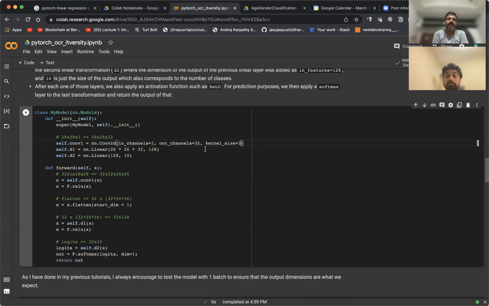So what it is doing is it is saying the input to me will be 1. So this is what you have to change. If the input image is RGB, you have to change it to 3. Otherwise it's 1. Out channels, you can do whatever you want. Some people do 32, some people do 64, some people do 4, whatever you want. This is also a capacity. So these two variables are more like capacity. If you don't understand anything, just understand these are capacity. And we can go into these details later on also. Now this is only one convolution layer, and then there is some linear layer, and then so